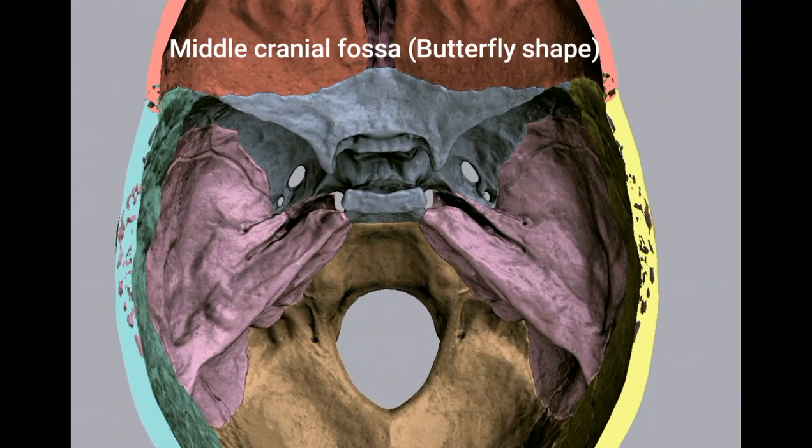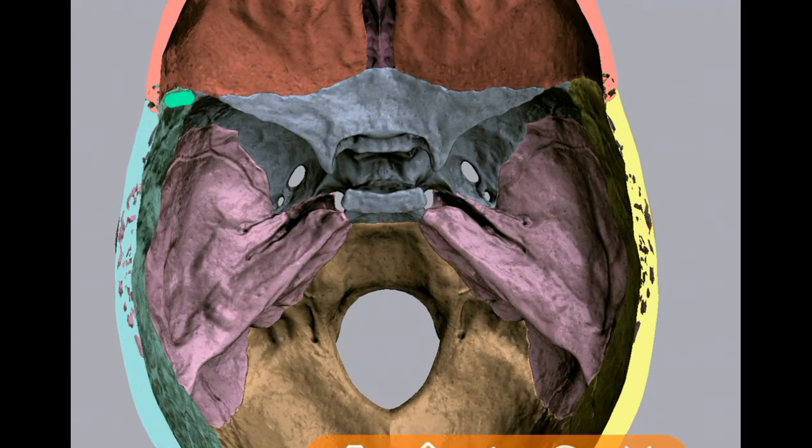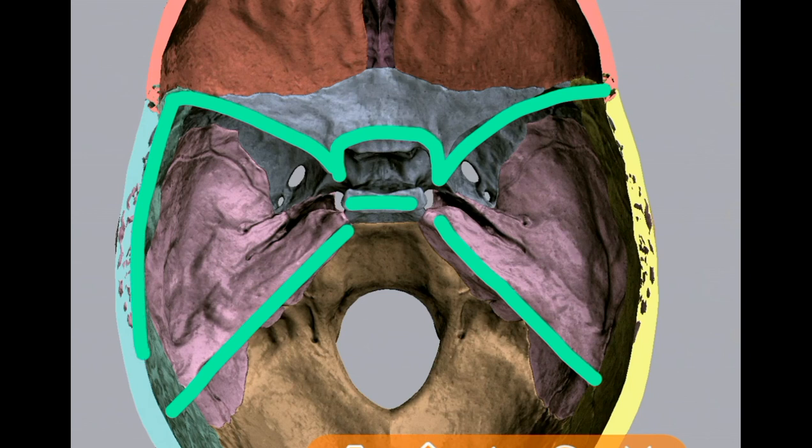Now we will discuss the middle cranial fossa. We have discussed in detail the anterior cranial fossa, and you already know the anterior cranial fossa is separated from the middle by the anterior limit of sulcus chiasmaticus and the posterior margin of the lesser wing of sphenoid, and posteriorly from the posterior cranial fossa by the superior border of the petrous temporal bone and dorsum sellae, which is a part